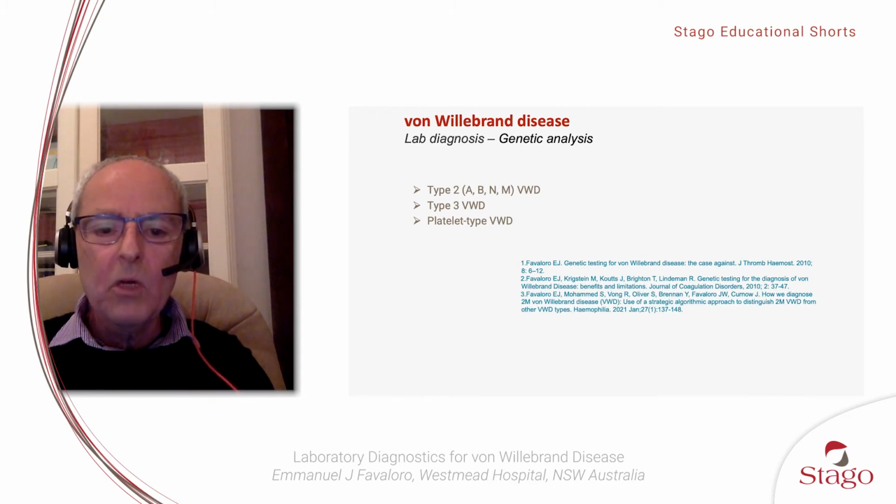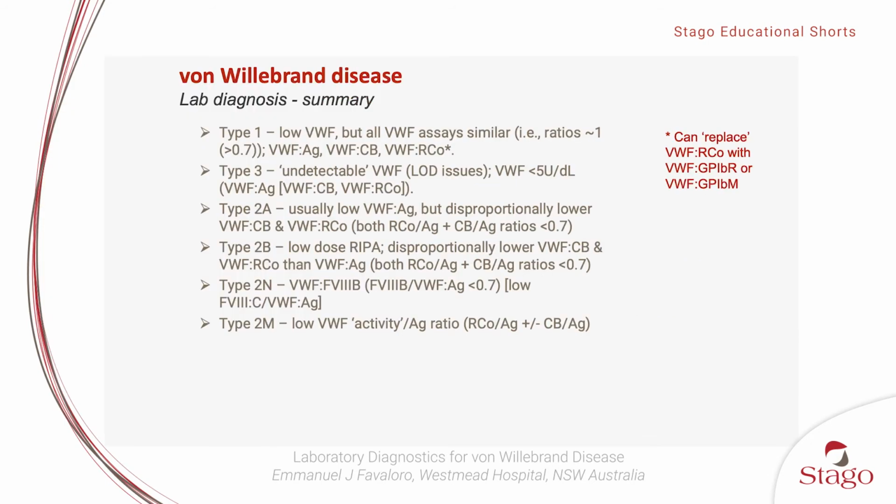which I didn't talk about because it's not really a von Willebrand disease, but it's a phenocopy, if you like, of 2B von Willebrand disease, where you have a mutation not in the von Willebrand factor but in the glycoprotein 1b molecule on platelets, which causes a hyperadhesive platelet that binds spontaneously to von Willebrand factor. So platelet type von Willebrand disease presents phenotypically very similar to 2B von Willebrand disease, and there are ways of distinguishing those. And this last slide